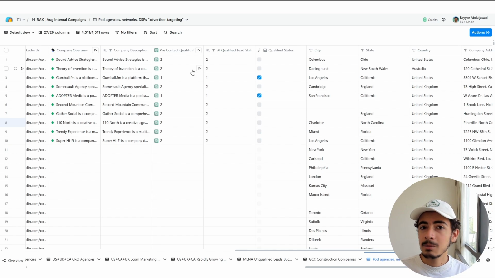Well, for me, in my case, I can still reach out to these people. These guys are creative agencies. These guys are a different kind of agency, which I can work with. What I do is I usually take the other leads and put them into another bucket. I call it the unqualified leads bucket. And then I can reach out to those companies, because not all of them are actually unqualified, for me at least. For you, you might have something else.